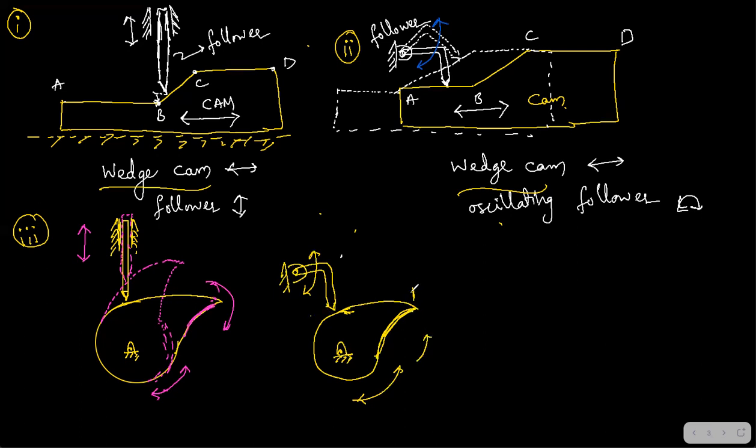This is the maximum position. After this, again, it has to go clockwise so that it will only stay on this surface. Okay, it can come till here also. Fine. So here also, the oscillatory is going to be produced. So this is the fourth variety. And now coming to the fifth variety. So in the fifth variety, we have a cam which is going to rotate for 360 degrees.